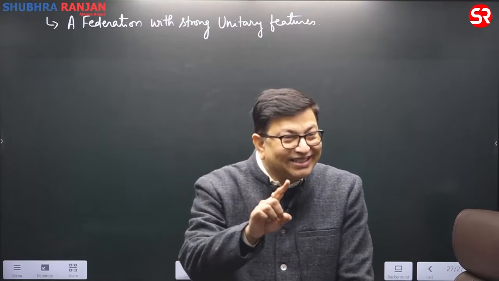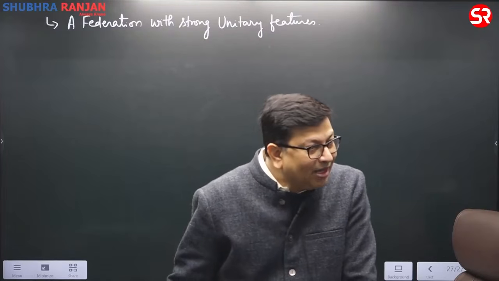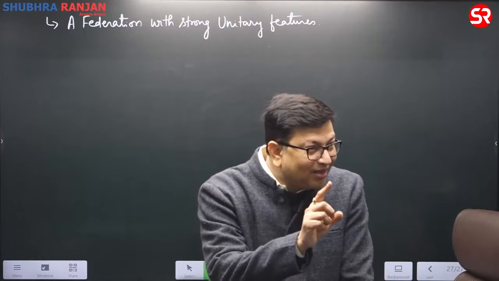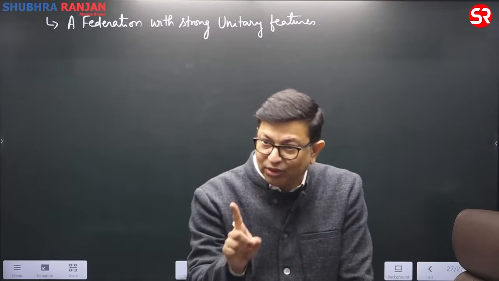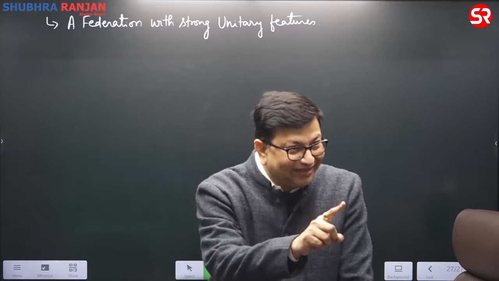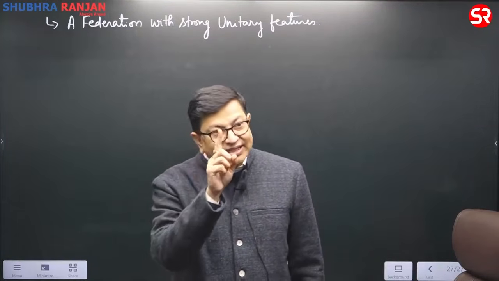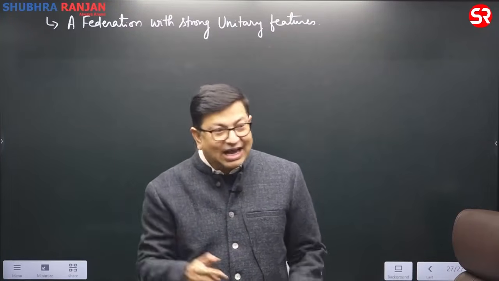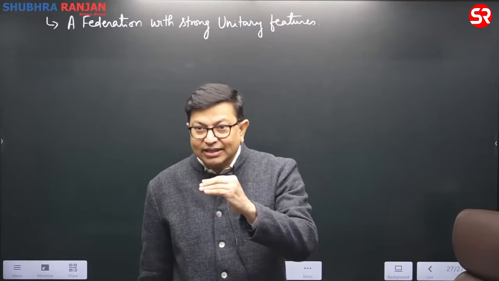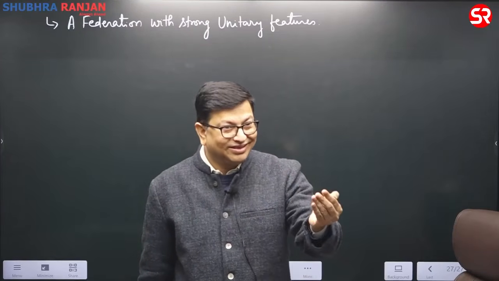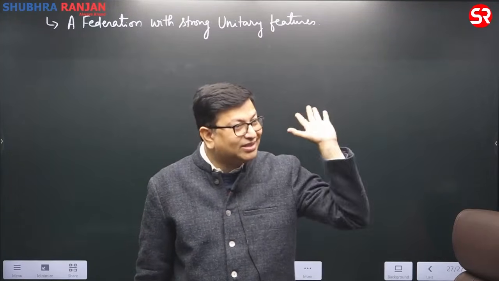So, what is the difference here between the American president and the French president with respect to election? The American president, as you may have read, is elected by an electoral college. The people do not directly vote to elect the American president. They first of all elect the members of the electoral college, and every state elects as many representatives as it sends to the Congress. The elections to elect the electoral college are held in the month of November. And these members take part in the final election of the American president.